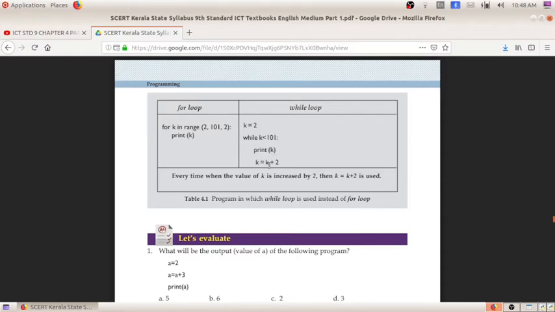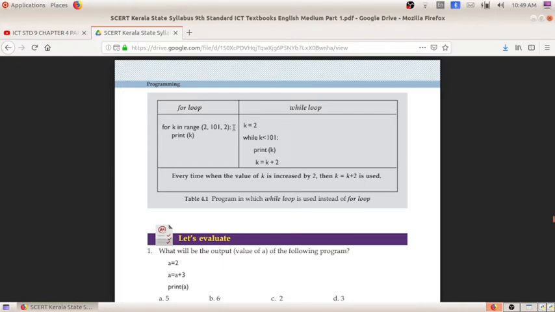Again it will come here. 100 plus 2 is 102. 102 will go here. It will check whether 102 is less than 101. No, it is not less than. So it will not get printed. So till 100, that means 100 also will be included. Including 100, it will get printed. So in this way, the loop will work.